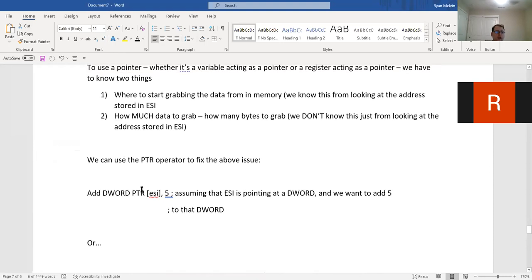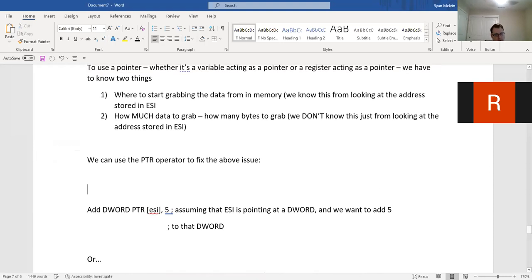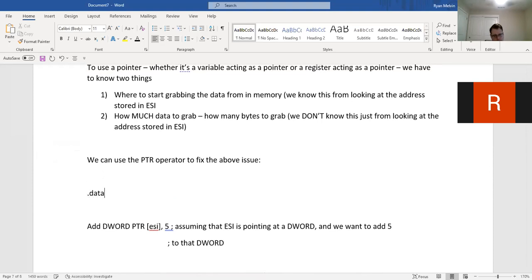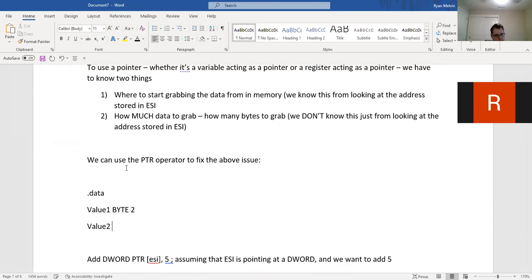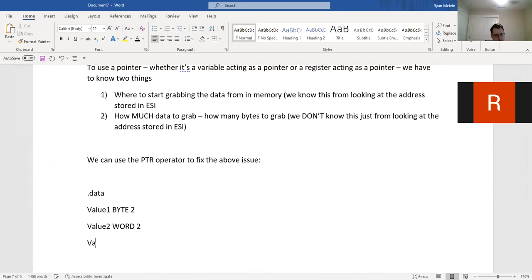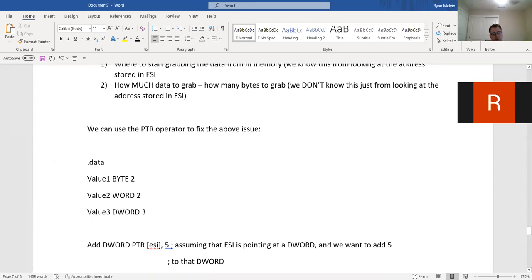Because in general, all of them are possible, depending upon how exactly we are using ESI at the current moment. Because throughout the program, we could have ESI point at any of these,